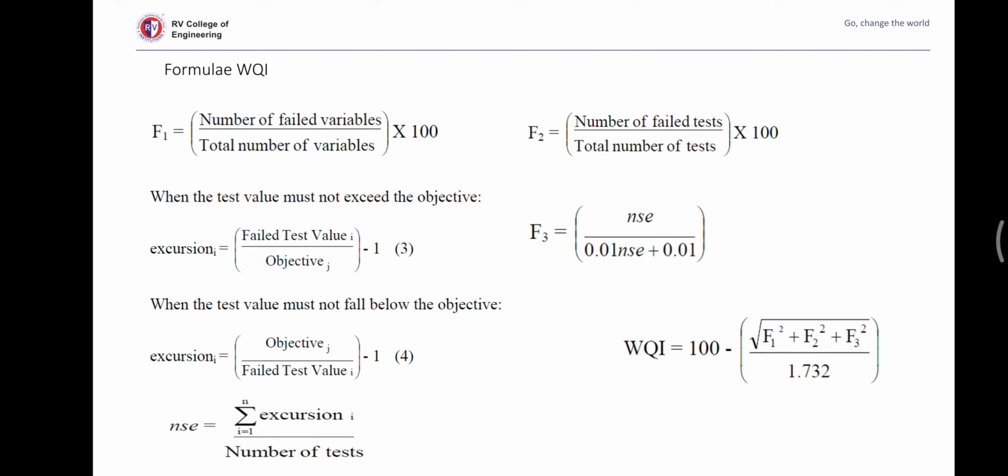After that, we'll calculate the water quality index using this formula. We have put a standard of 100, it can be projected as any number. We have chosen to display only from 0 to 100, so we have taken 100 as the base. We'll get the water quality index from 0 to 100. This is the formula we are using to calculate the water quality index.